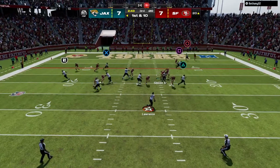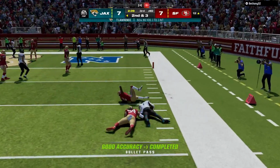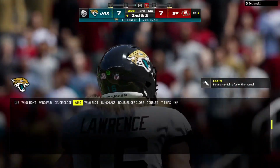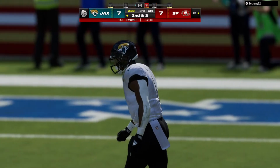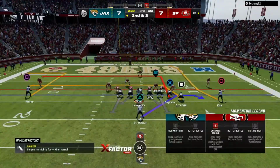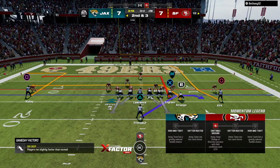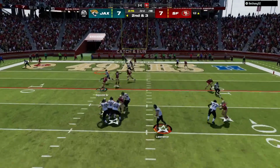They go play action now. Lawrence. He'll get this off to Etienne. And he'll go down here at the 12-yard line. They'll wind up getting 7 on the play, and that'll bring up second down. And we see another pitch and catch there to the running back. This position just continues to evolve. They've become just as critical to the passing attack as a lot of receivers, tight ends, because their ability to make people miss in the open field can really...